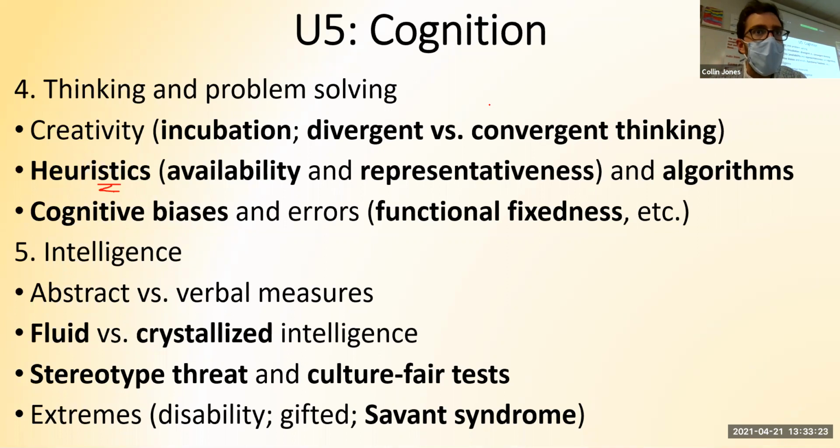Overconfidence effect. We think we're more right than we really are. Belief bias. Once we have our mind made up, we stick with it. The gambler's fallacy. If it's been heads 7 times in a row, we're like, surely tails will come up. The anchoring bias. The first time we hear something, we think it's true.